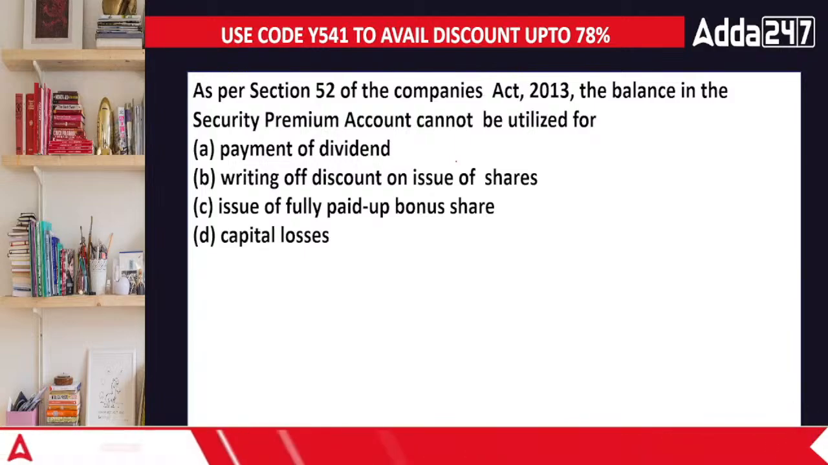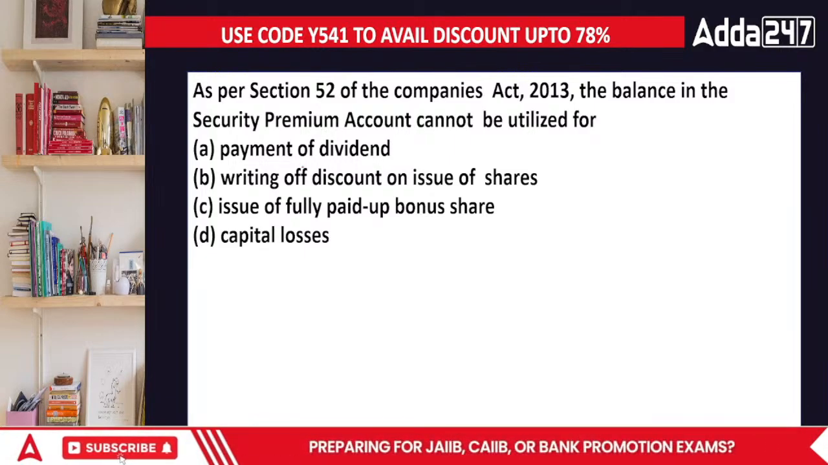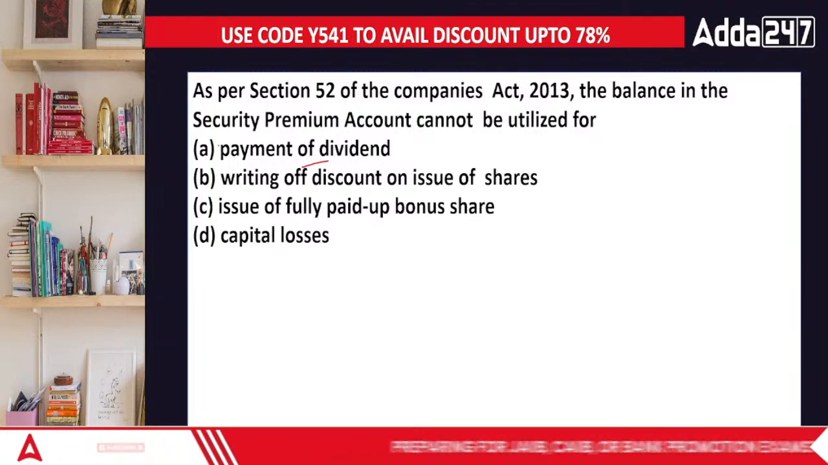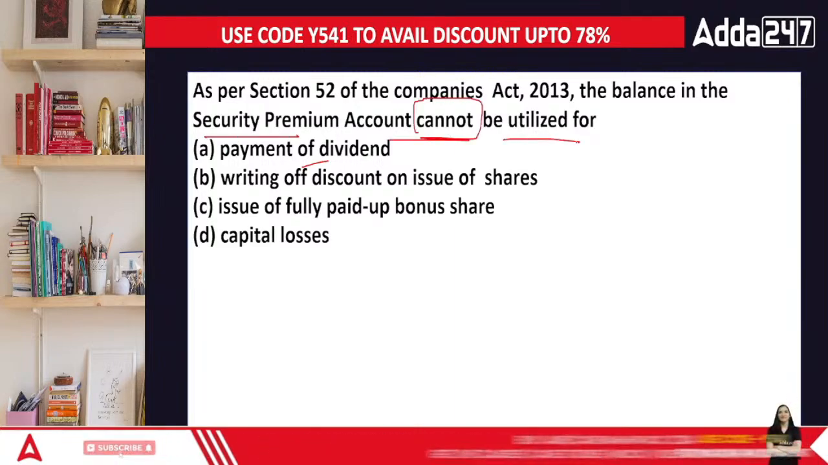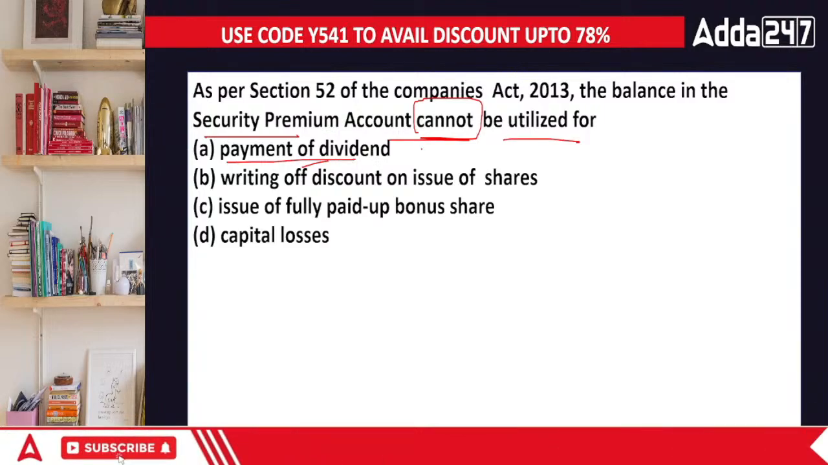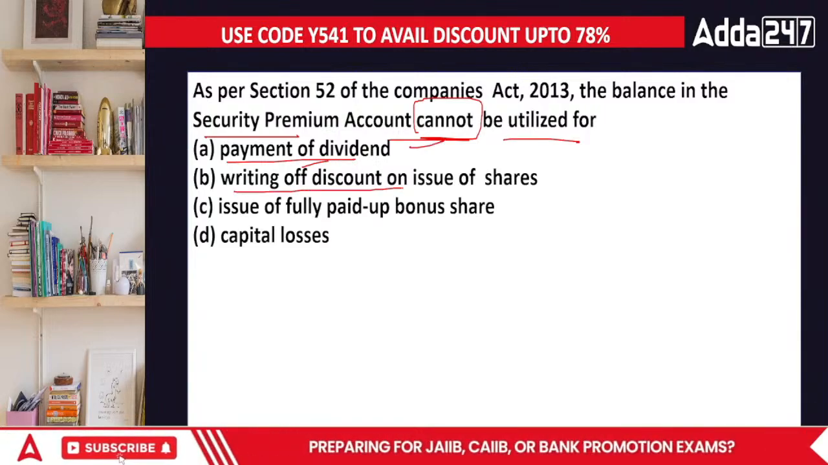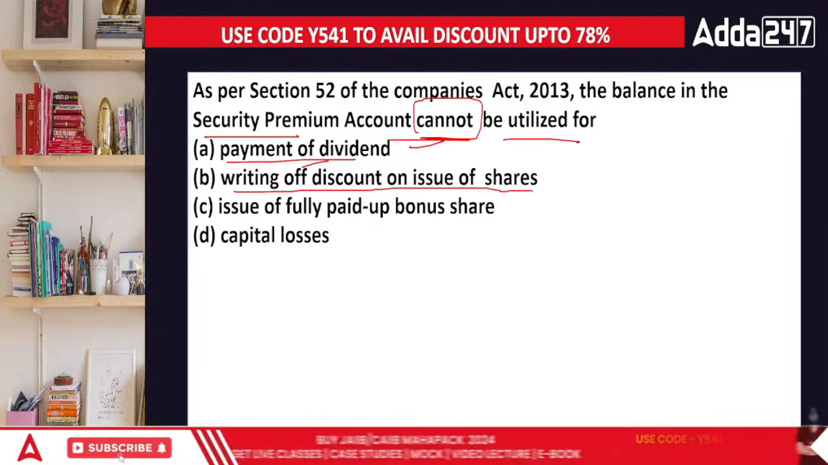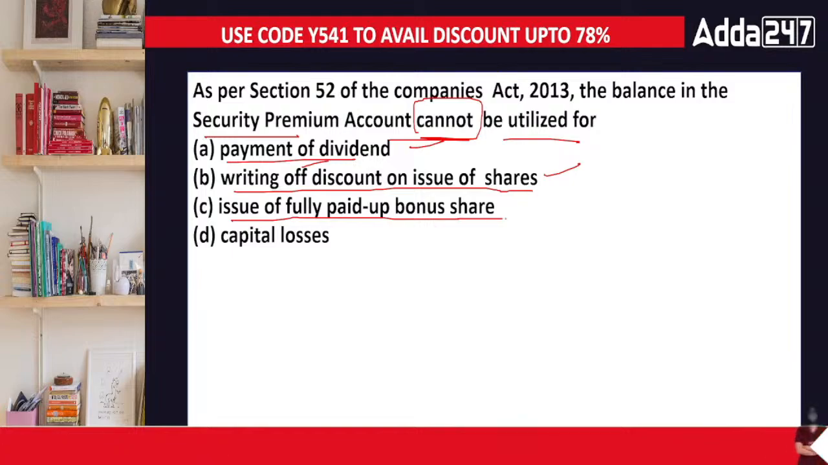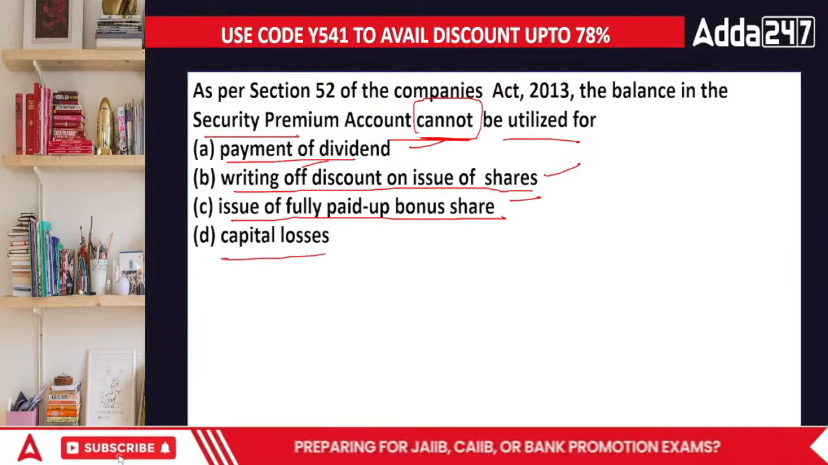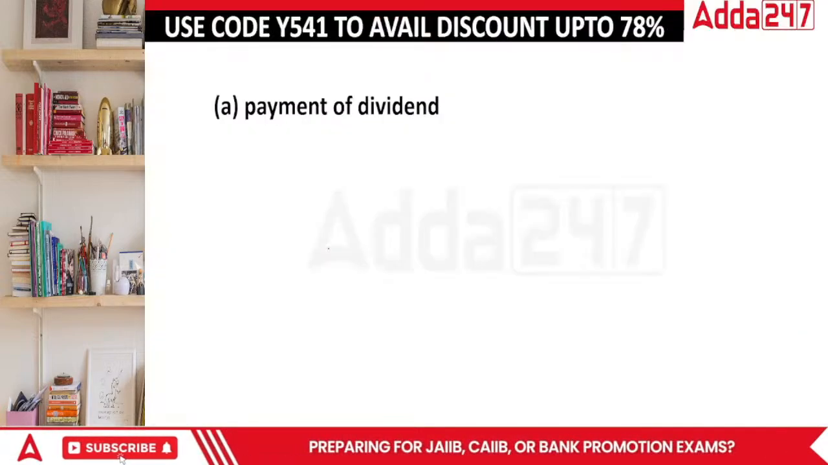Next question. As per section 52 of the Companies Act 2013, the balance of securities premium account cannot be, this is a negative question, cannot be utilized for payment of dividend. It can be writing off discount on issue of shares. It can be issue of fully paid up shares, it can be. Capital losses, it cannot. So the answer is, acha,